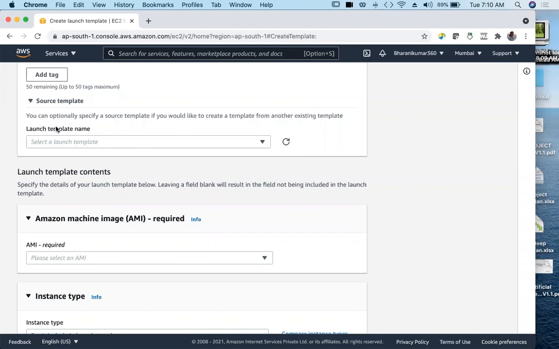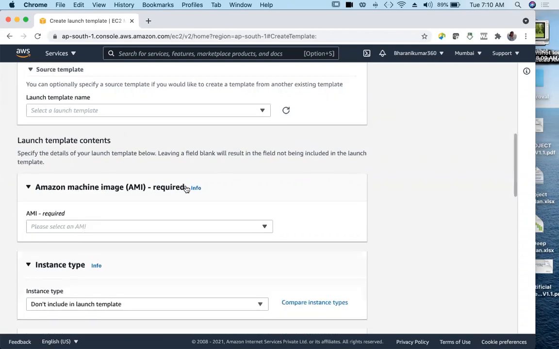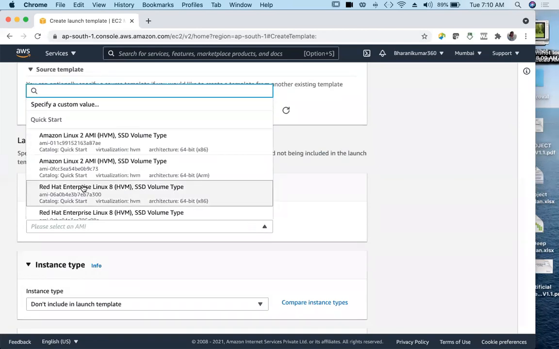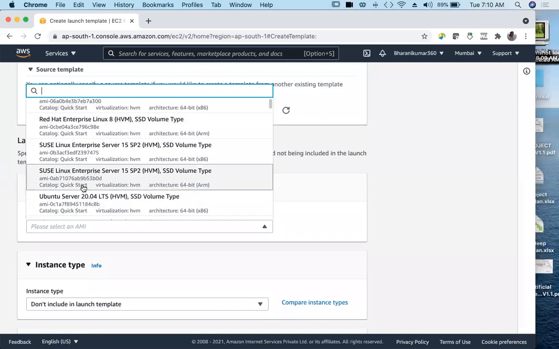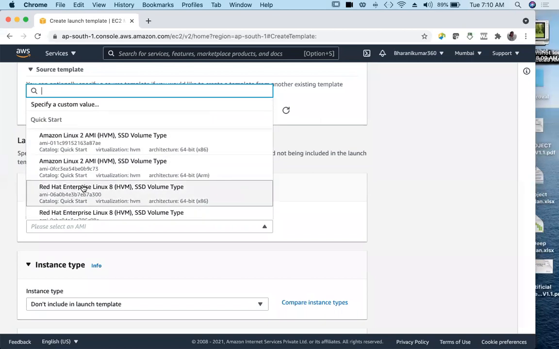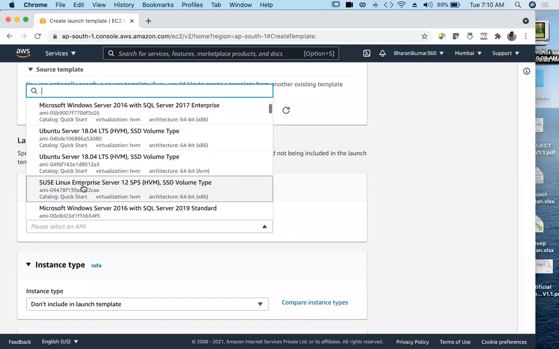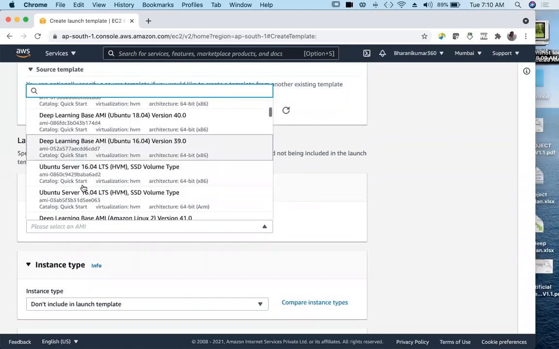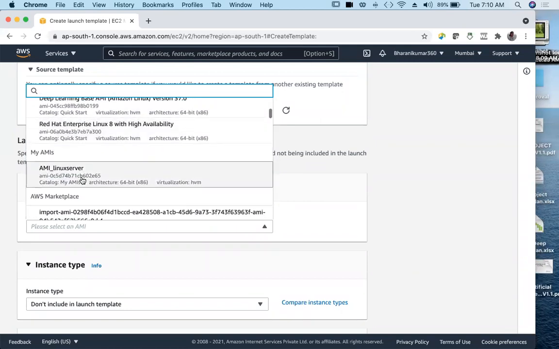So if you want to copy from any other template, you can use another template name here, but we are going to use the AMI. And let's choose our AMI, this one.